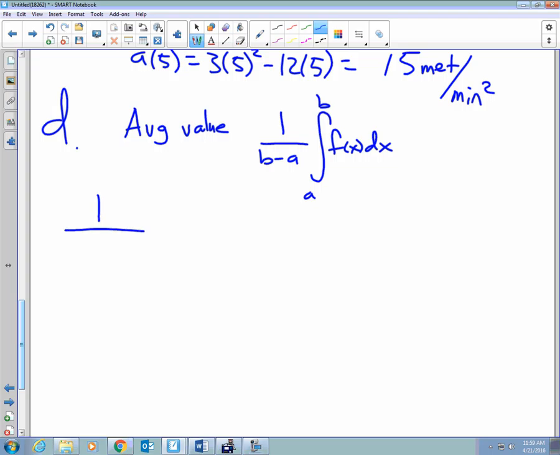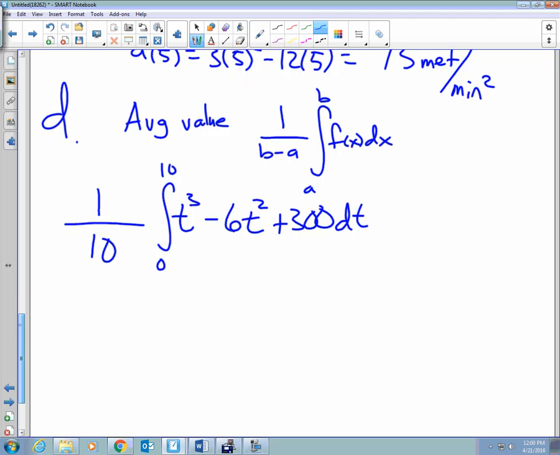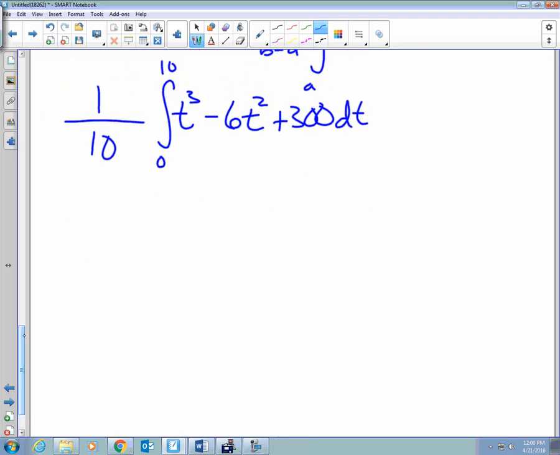1 over, what's the time interval? 0 to 10. So it's 1 over what? 10 times, what's his velocity function? T to the third minus 6t squared plus 300 dt. So I have 1 over 10 times, what's the antiderivative of t to the third? Minus t cubed plus